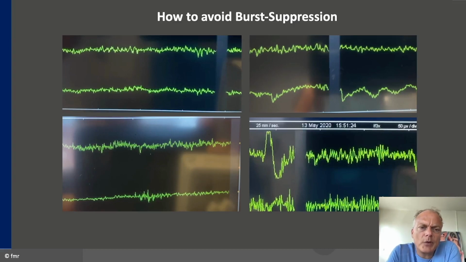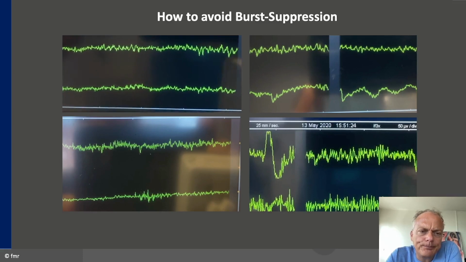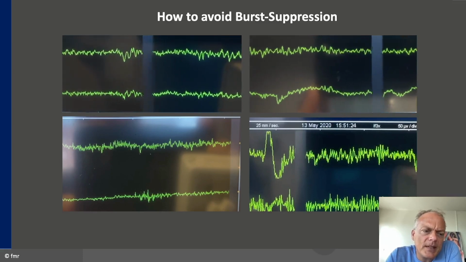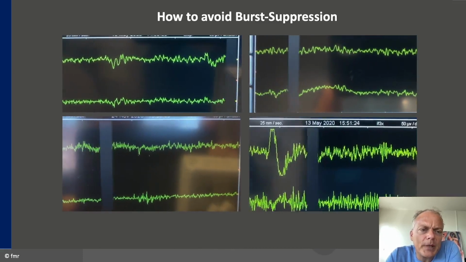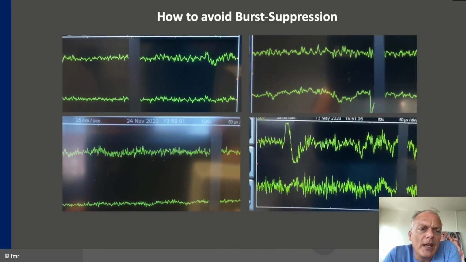And for how to titrate the sedation part of anesthesia correctly, it's hugely helpful if you can take a look at the raw EEG under induction. Here we have different induction settings from 4 different patients. You can see in the beginning the very typical beta-dominant rhythm in all 4 of these induction scenarios. And when you apply the sedative part, you can see the very typical changes from the beta-dominant rhythm.